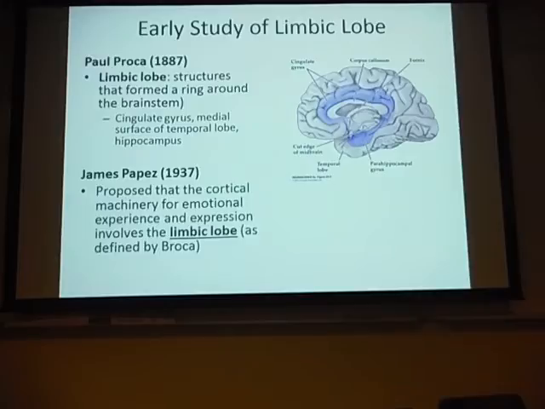limbic system. And you will see in some readings the hypothalamus, which we know is a diencephalic structure, is sometimes grouped as part of the limbic system. The way we're going to talk about it today is the hypothalamus is an important structure related to limbic function, but it's not necessarily a limbic structure. Structures of the limbic system project to the hypothalamus. But the hypothalamus sort of stands alone as its own thing, and it has multiple